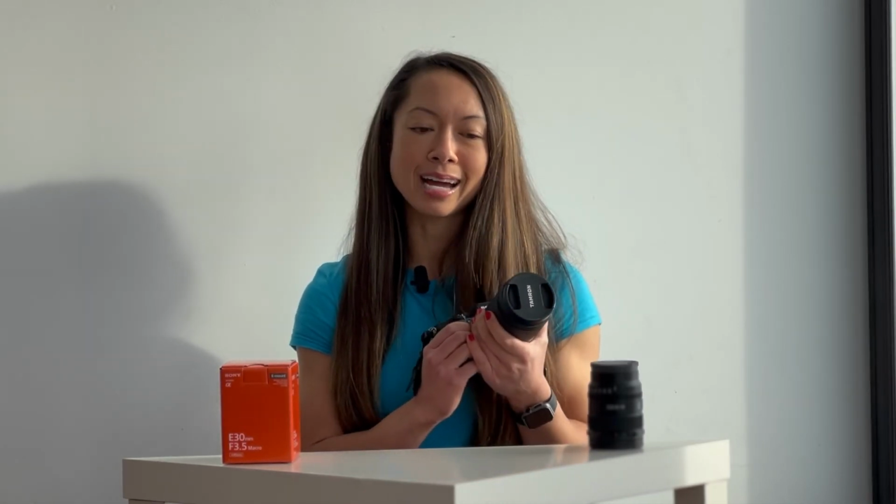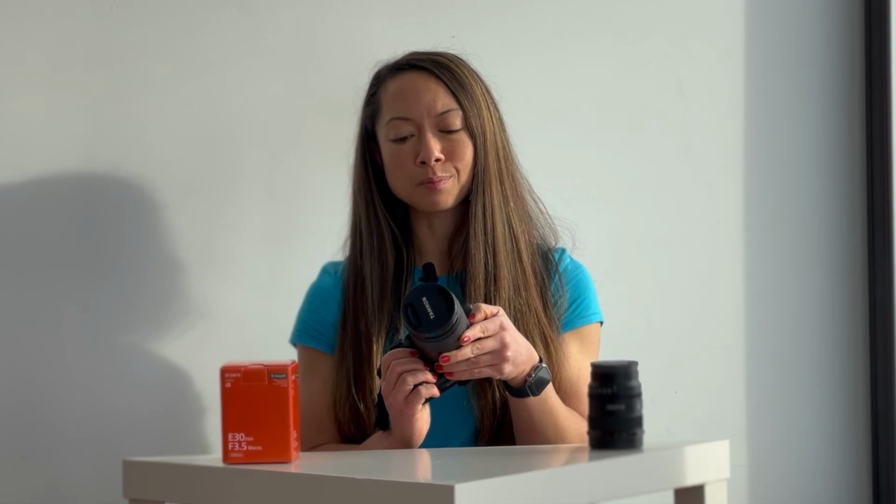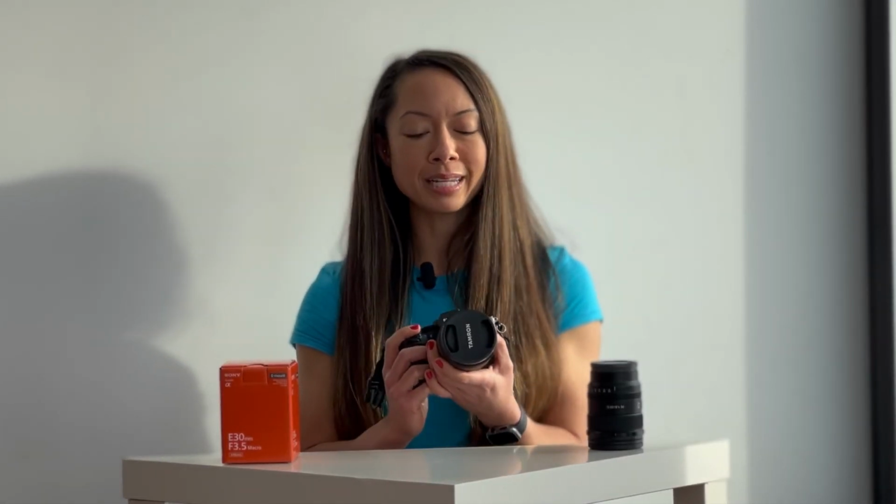It is super versatile and I still love it. I still have feelings for it, but it is probably right now the least used and probably least useful for me because I have the other Tamron. But I still recommend this lens, especially if you're a beginner, especially if you are just a total hobbyist and you just want one lens that's lightweight. This is the way to go. And it pains me that it's on this list, but